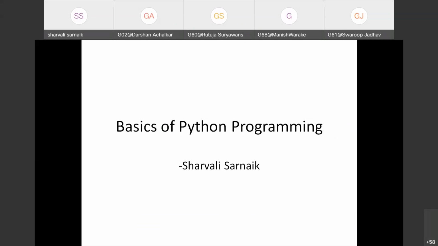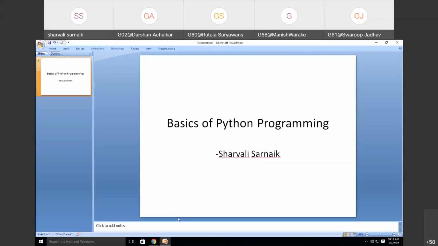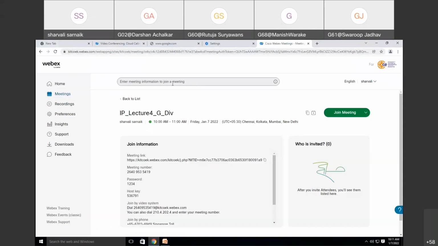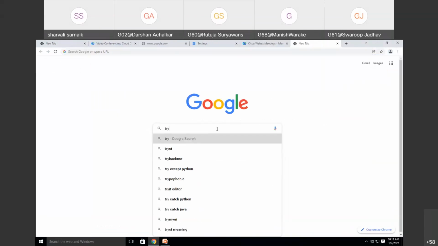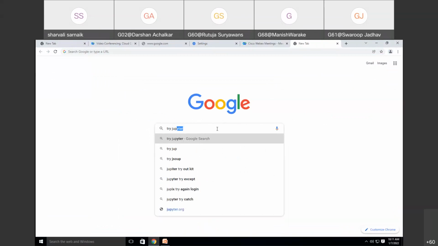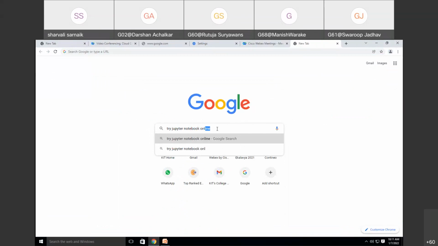I'm going to use Jupyter Notebook online. So I will show you how to use that. Go to the internet and type "try Jupyter Notebook online."